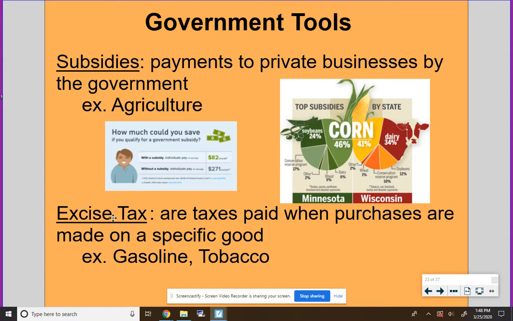Like when you go fill up at the pump and it's $1.92 a gallon, that's all you're paying. But there's actually a tax on your gas. It's already built in though. Well, that gas tax goes to our state, like MnDOT, so it's going toward our roads. So if I'm paying the tax on gas, it's because I'm using